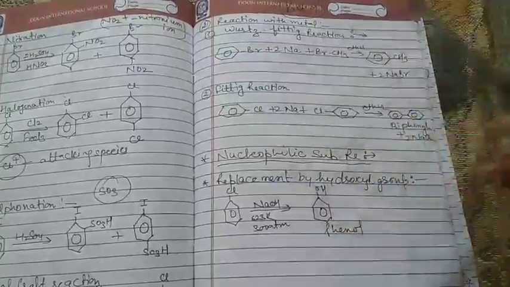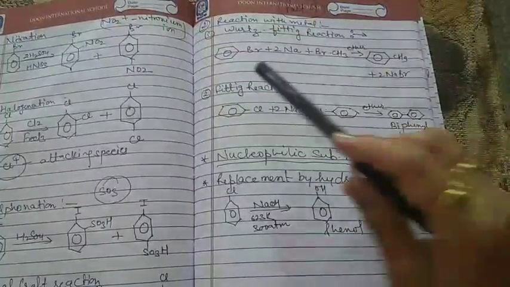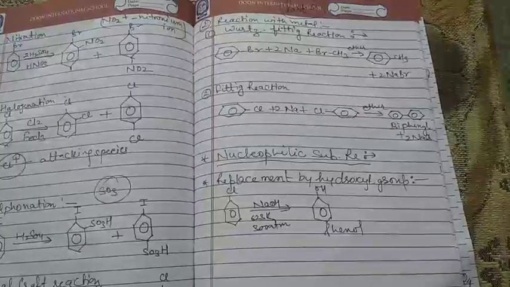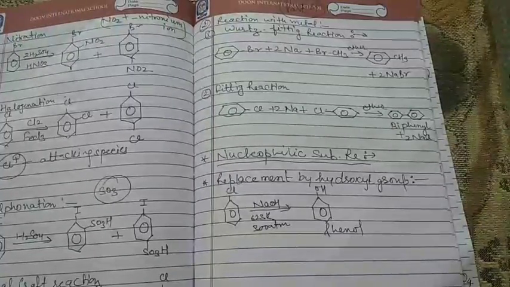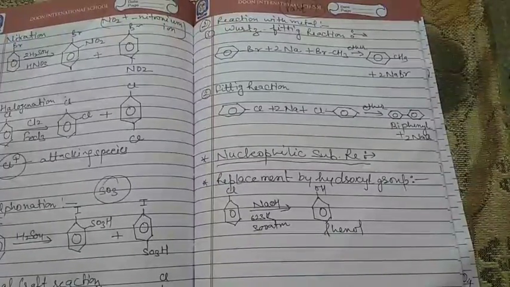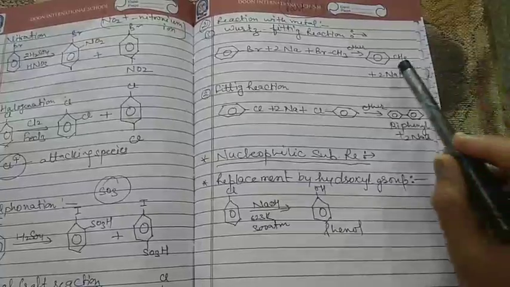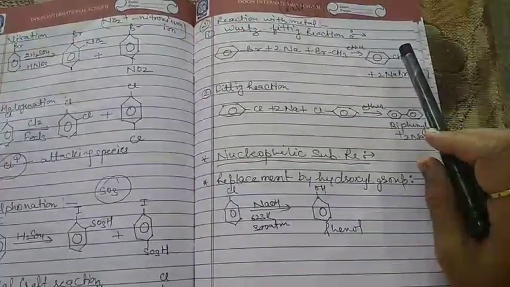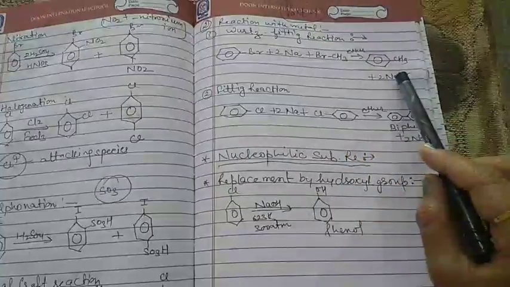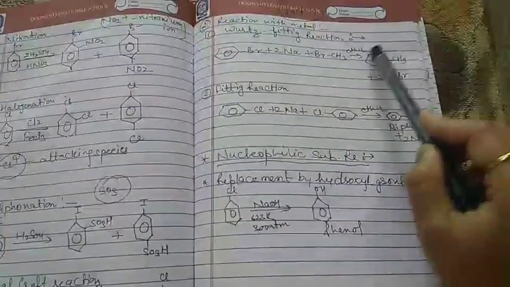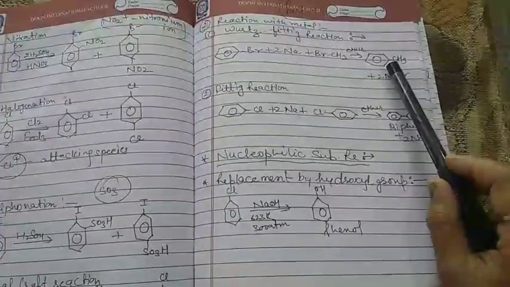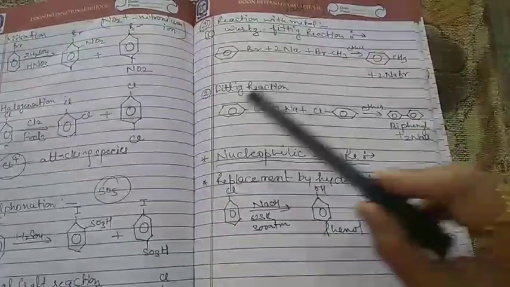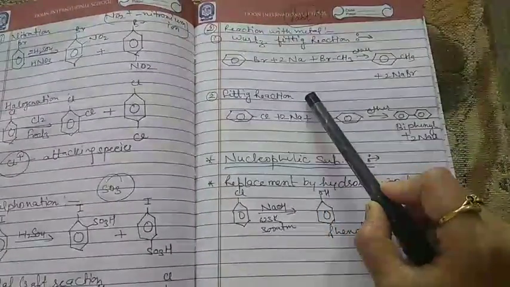When haloarene is treated with haloalkane, this one is the haloarene and this is the haloalkane, and sodium metal dissolved in anhydrous ether, an arene is formed as the product. This is known as the Wurtz-Fittig reaction, and this arene is known as toluene when the benzene ring contains the CH3 group.